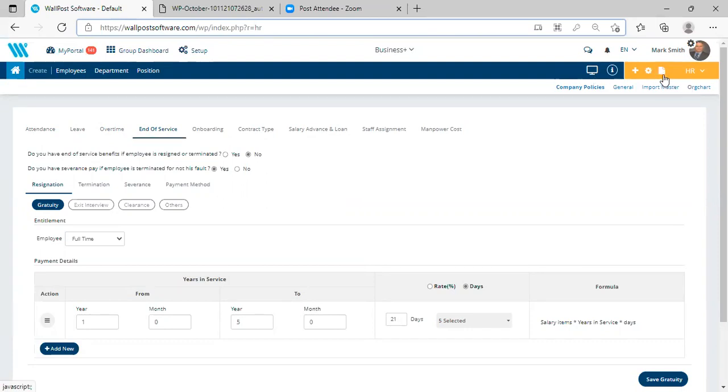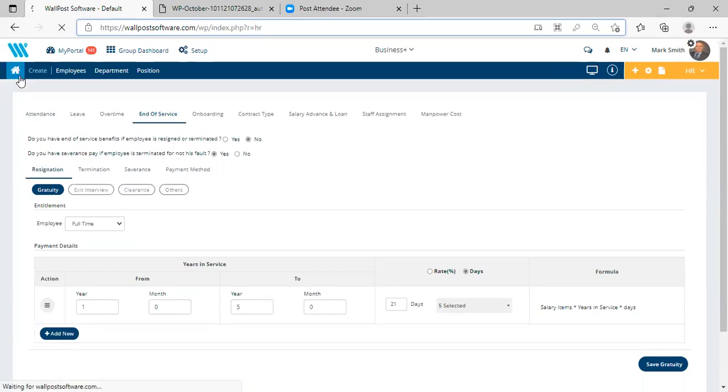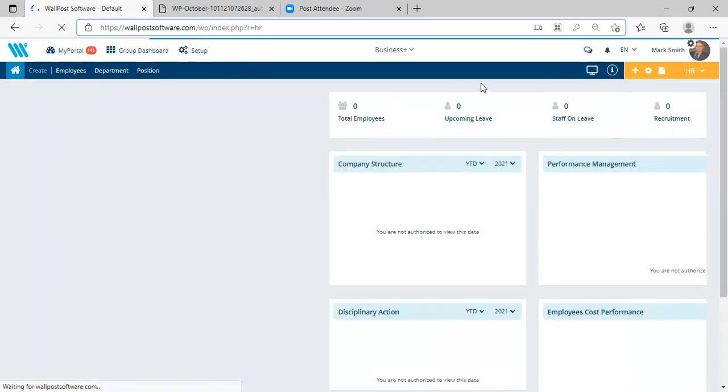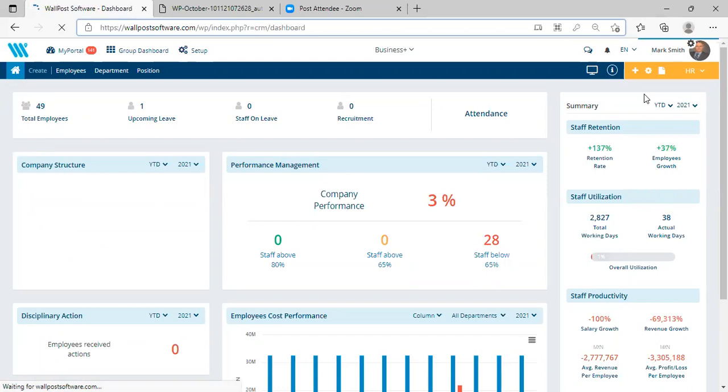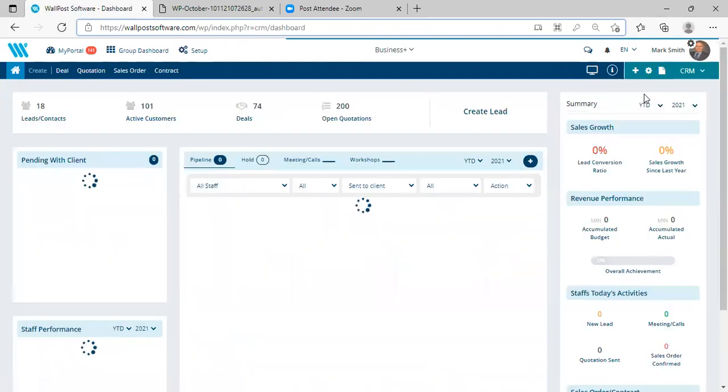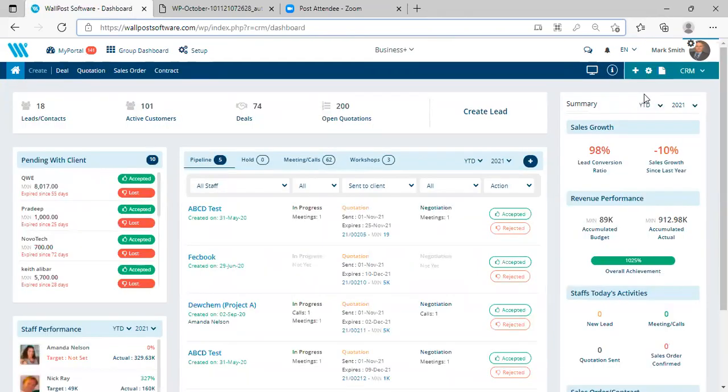This is an overall view of our HR portal. It's very easy to use. The next we have is our CRM module. In our CRM module, this is where you go ahead and track all your sales activities from the time you create a lead till the time a contract is established between the lead and the company. You can track every progress over here.